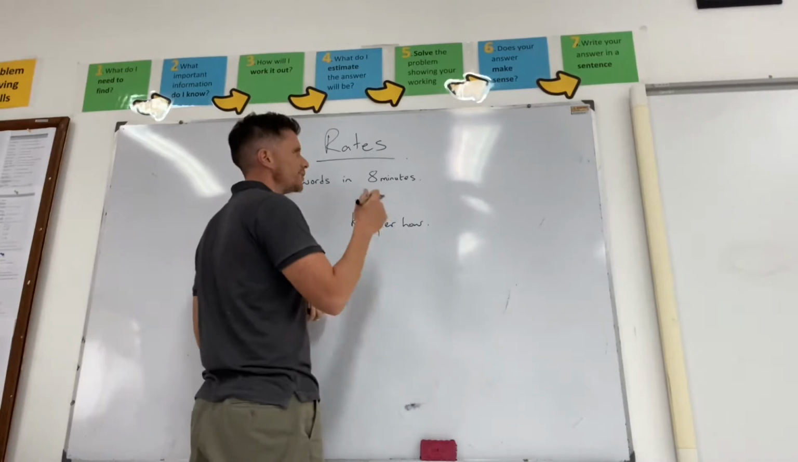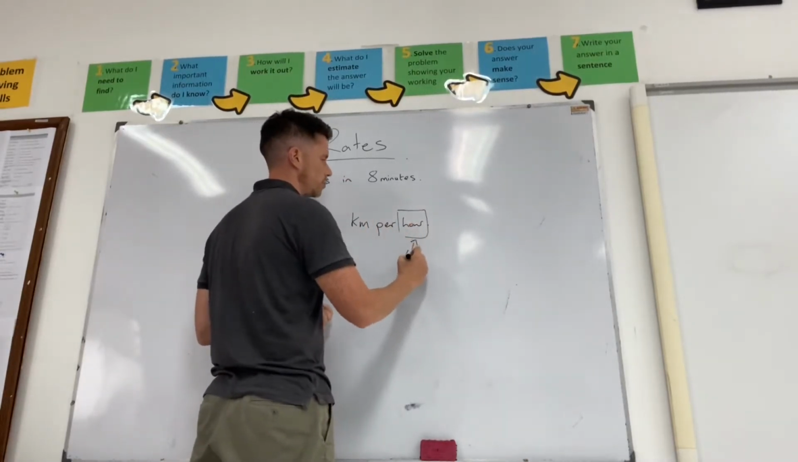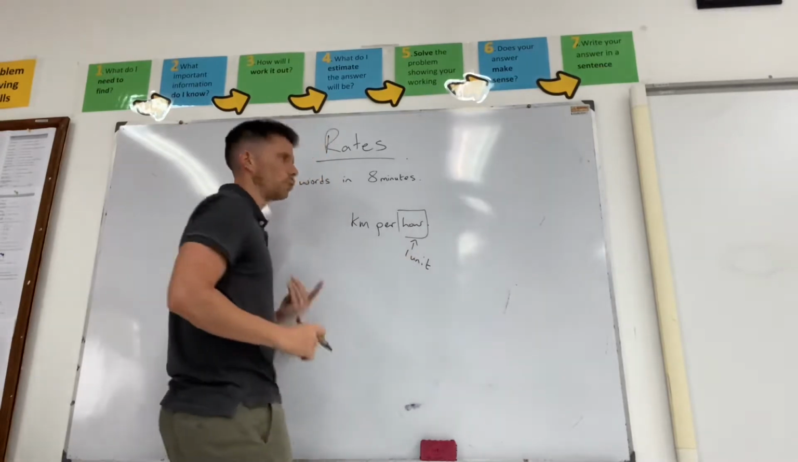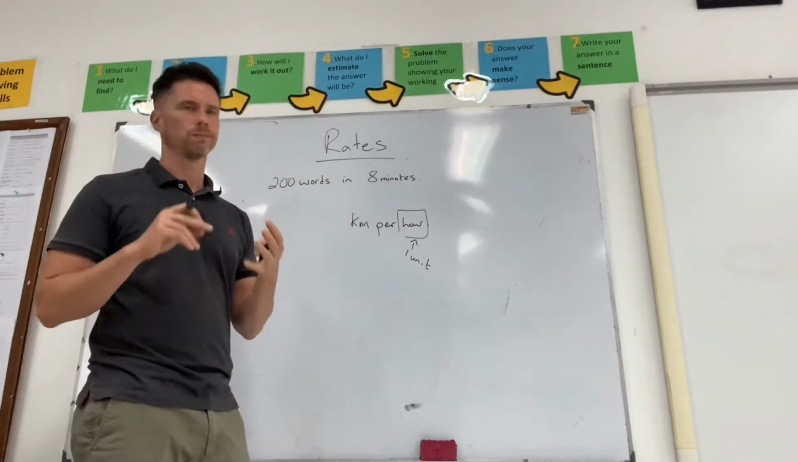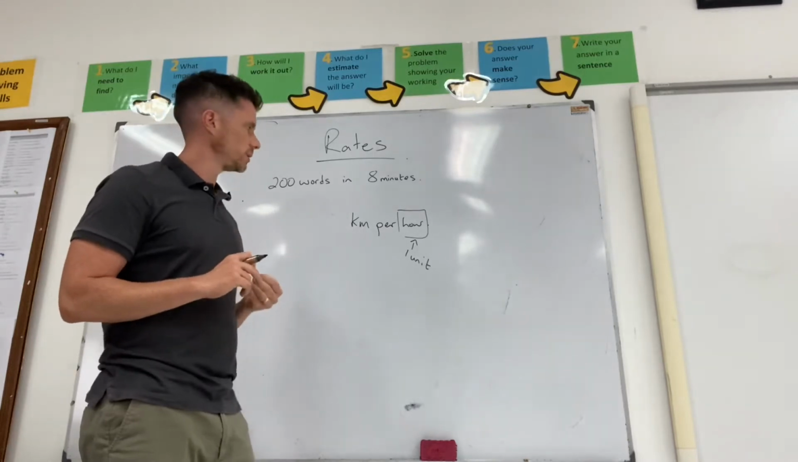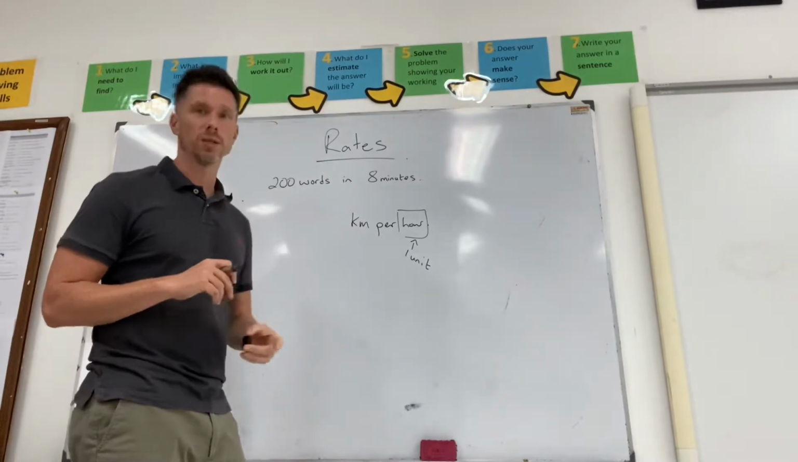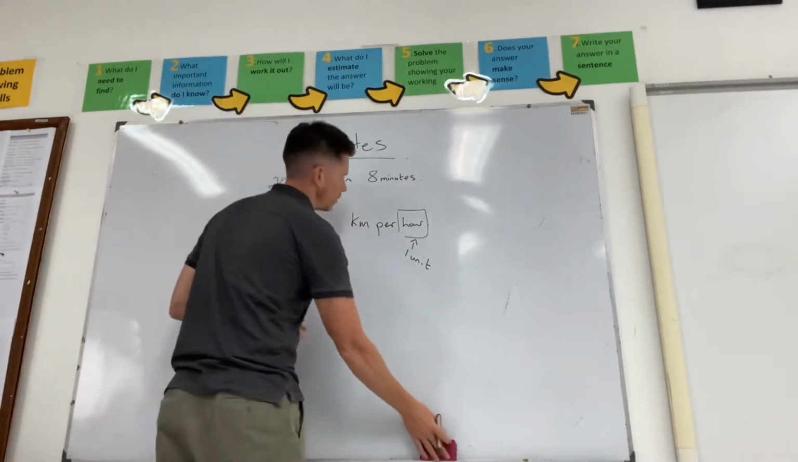So what you see with rates is after the "per", that is going to be 1 unit. So 1 hour, 1 minute, 1 second, whatever. It's not always time, but for these examples we're going to use time. So you've got to get it to 1 unit. So my example here to start off with is